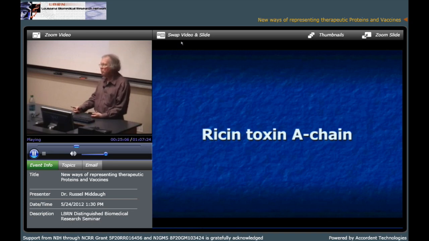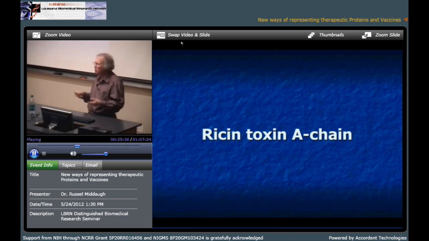So the project that we work on is one that was developed actually, and the protein has 2 mutations in it, so it's not toxic anymore. It was developed by Ellen Vitetta over in Texas. She licensed that to a company, which was called Door Biopharma, now called Sologenics. And we've been working with them. We have, believe it or not, multiple grants from the military and from the NIH trying to develop this vaccine. There are a lot of problems because the vaccine's not very immunogenic and it's not very stable.